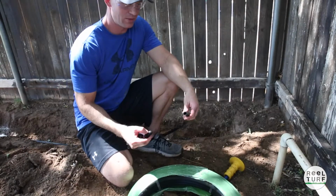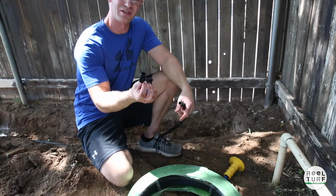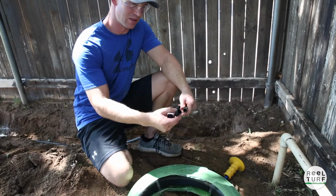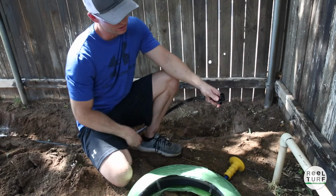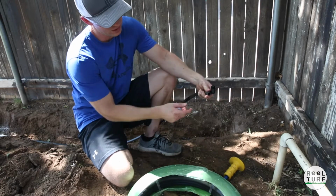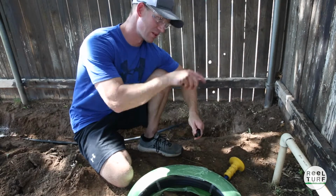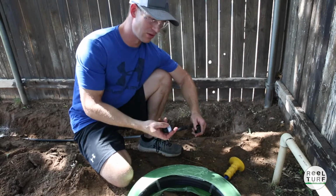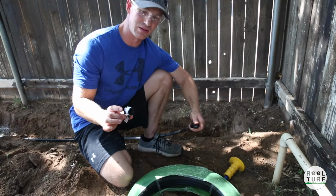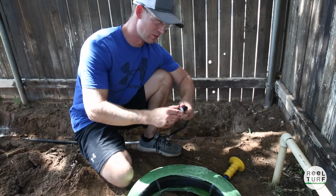So here's a little tip. You can take a hose barb 90 by 1/2 inch male adapter here, or coupling. You can put it on the end of the pipe like that and then put your sprinkler head on top. But if you do that, this is real rigid, and so it's kind of hard to get your sprinkler head to line up and get level. So what you can do is buy a 1/2 inch female coupling by 1/2 inch male 90. And so when you put these together